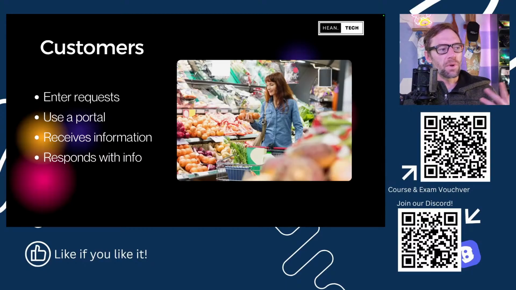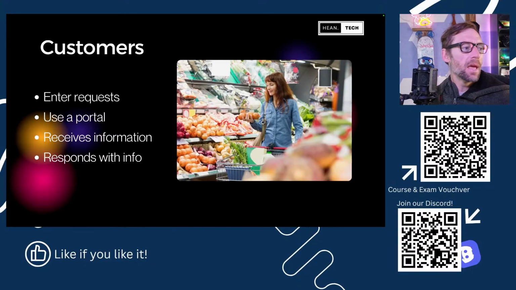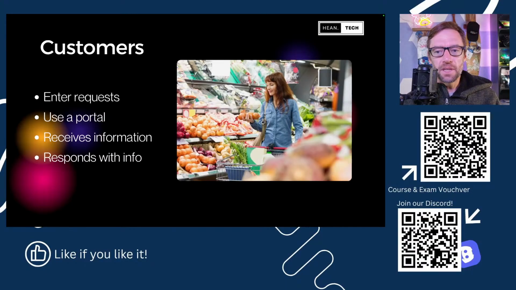So customers enter requests, and they typically use that portal I showed you. We're going to go back and look at that portal again. Now, that portal can be configured by the project, but it's intended to guide someone down a path. Start very broad, I need IT help, or HR help, or marketing help, and then narrow it down. Ooh, it's a question about hardware. Oh, it's a question about policies. Ooh, it's a question about campaigns. And then specific. I need a new password. My vacation policy, the campaign from October. So that helps guide people down to find the right request that they can enter, so then an agent can